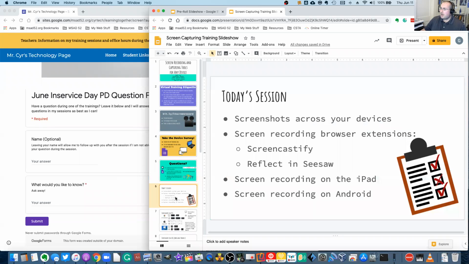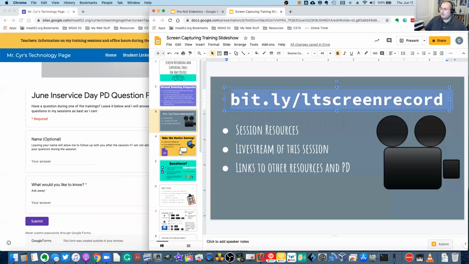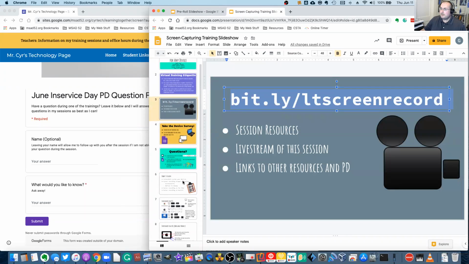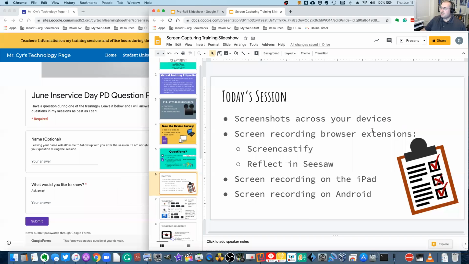So today we're going to talk about screenshots across your devices. Screenshots being kind of a picture of what's going on your screen. Sorry, I got myself a little lost here. So screenshots across your devices, so taking a picture of what's on your screen, and then talking